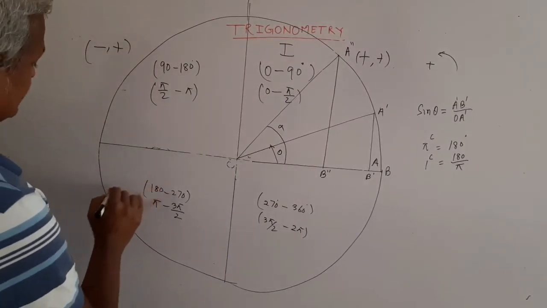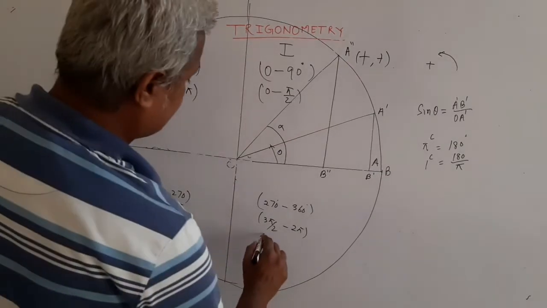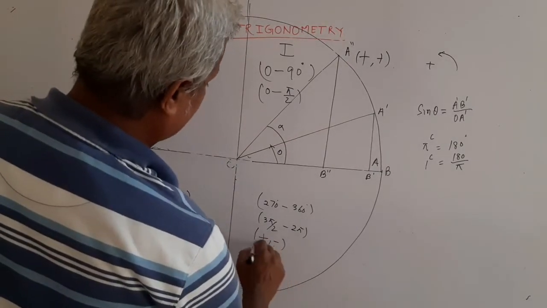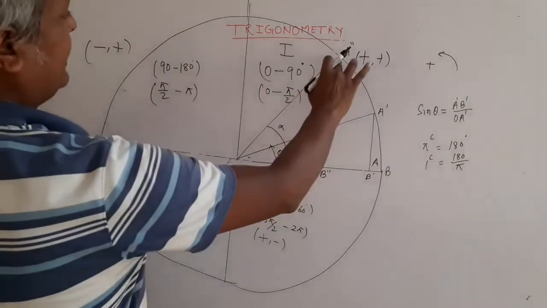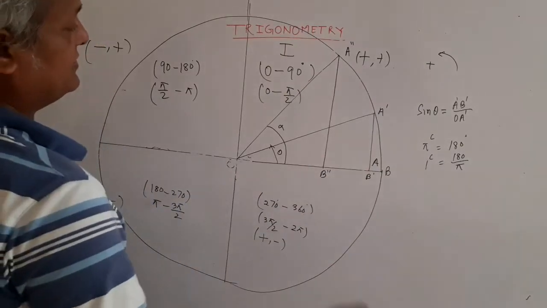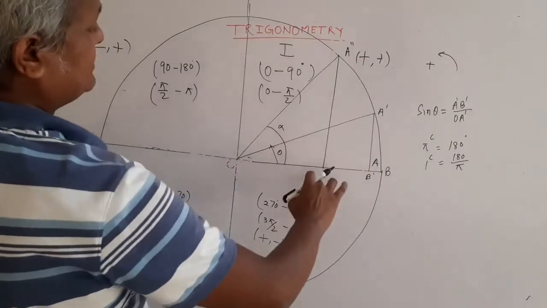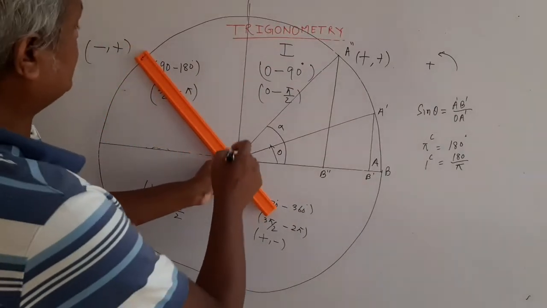In the third quadrant it is negative, negative. In the fourth quadrant it is positive, negative. So in this condition, if you measure OA dash, that is positive, OB is positive, and A dash B dash is upward, that is also positive. But if you go into this quadrant,